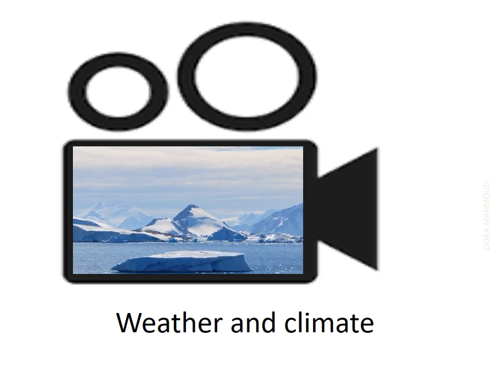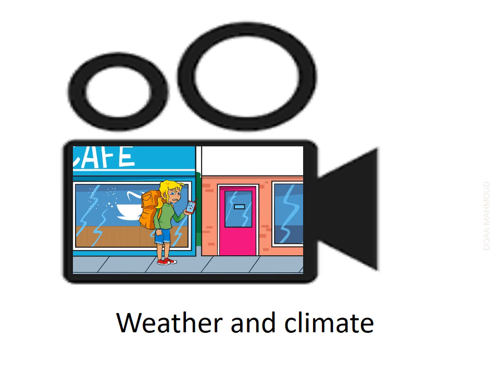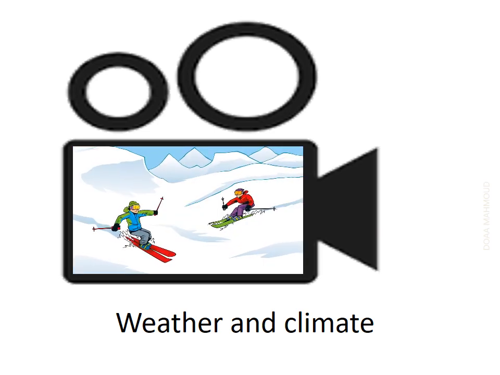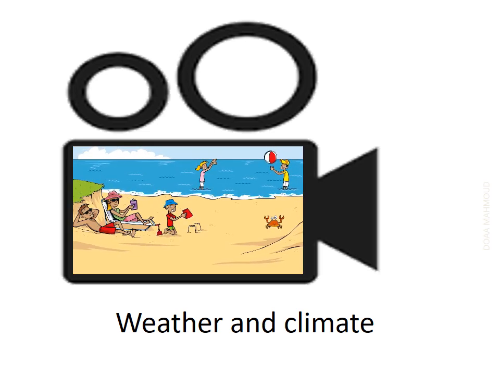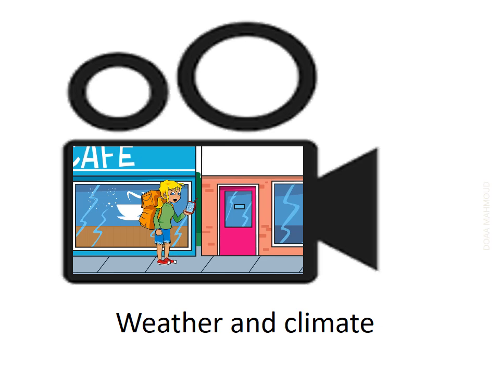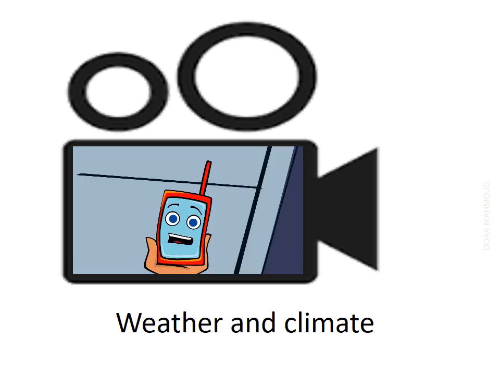Hang on though, I've been to countries like France and Italy in the Mediterranean, and depending upon where I am, I've experienced very different weather conditions. They have lots of snow in winter, and some of their mountains are even snow-covered all year round. But they also have beautiful beaches, great fun during the hot and dry summers. So, if you've got both snow-covered mountains and hot beaches, does that mean they don't have a Mediterranean climate? Of course not. It just means that local climates in a country can be different to the region's climate.